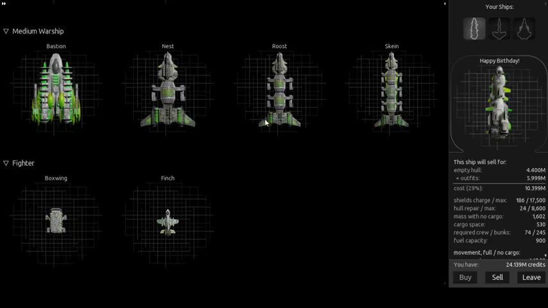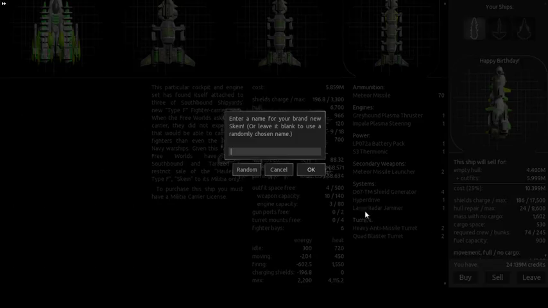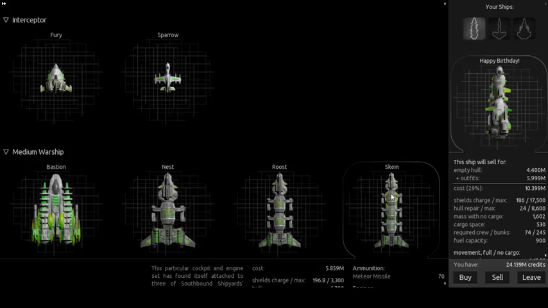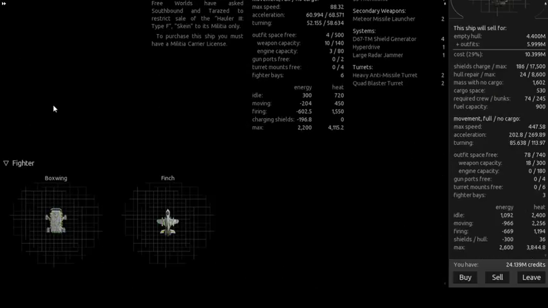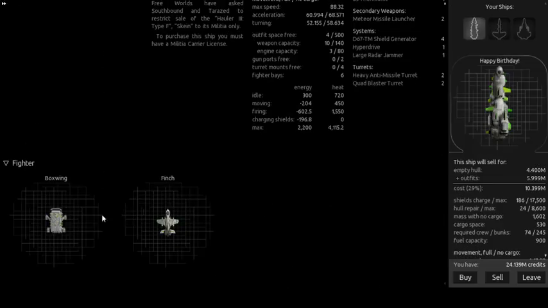Shipyard, what's here? Purchase. I can buy one. Cancel. I can buy those now. Cool. Yeah, because I'm a part of the Free Worlds. Why wouldn't I be able to buy those? What do I have in my